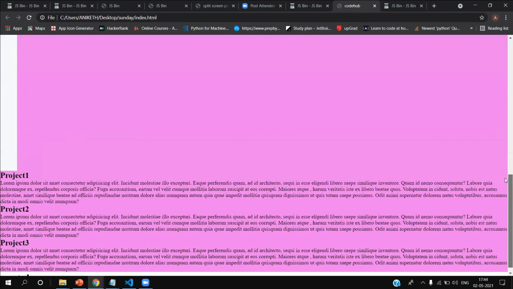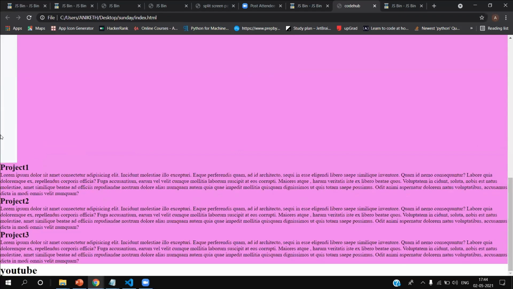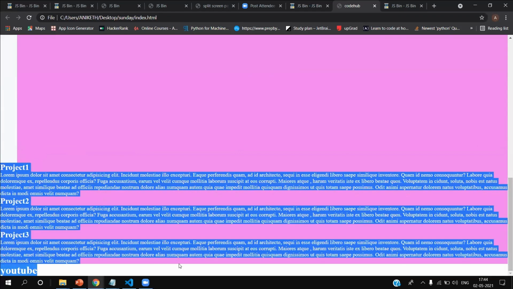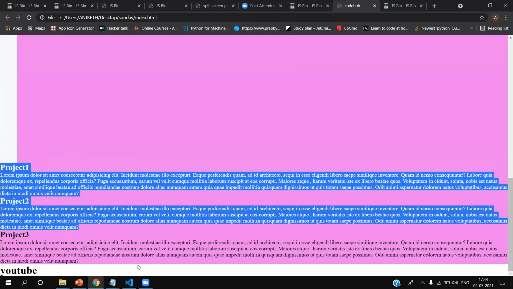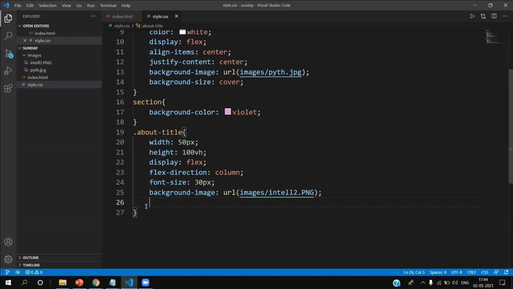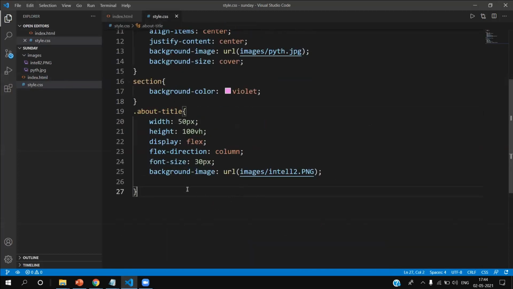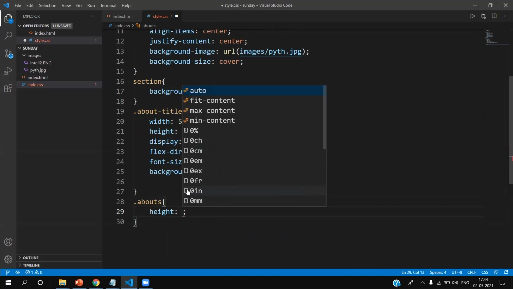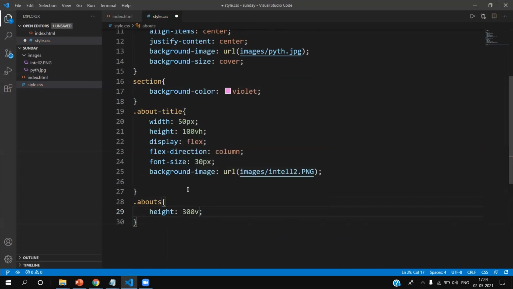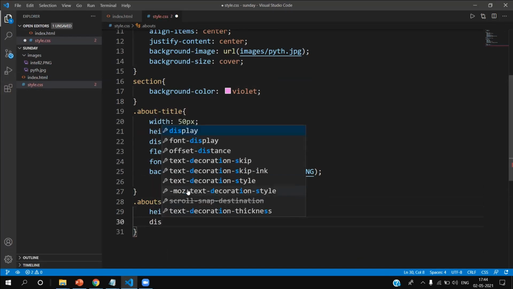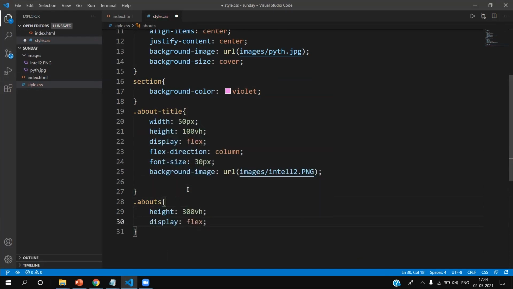So nothing happened, right? Yeah, I'll show you. I'll change this also, then you can see it. Let's give this a height of 300 VH. And let's just display it flex.